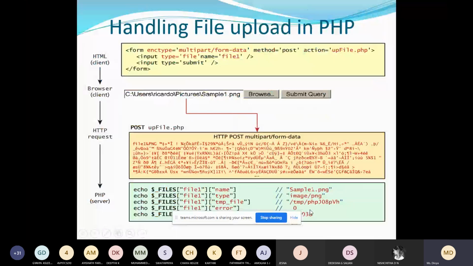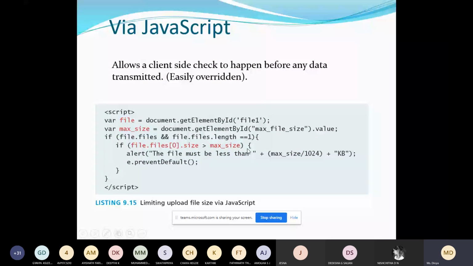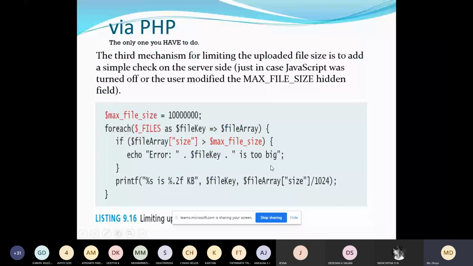So you can either check the size of the file before uploading using this HTML and JavaScript, or you can do it using PHP also. This is very simple actually. On the server side only, you can check the file size using this built-in size array key.